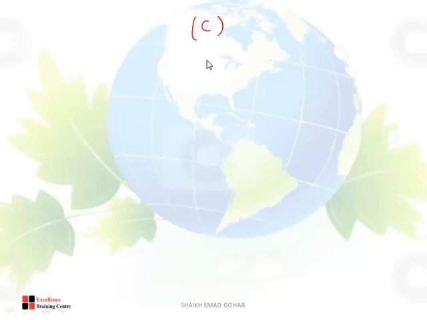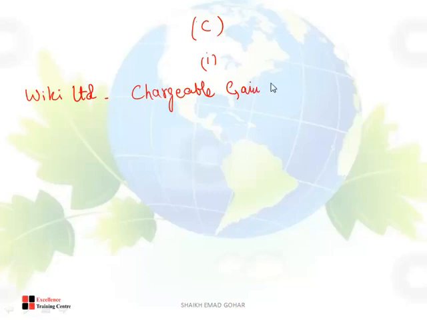Part C, part 1. Before taking account of any available rollover relief, calculate Wiki Limited's chargeable gain in respect of the disposal of the warehouse. So just you need to calculate the chargeable gain. So what heading should I give? Wiki Limited. And what I am going to do? I am calculating chargeable gain on warehouse. So write chargeable gain on warehouse.